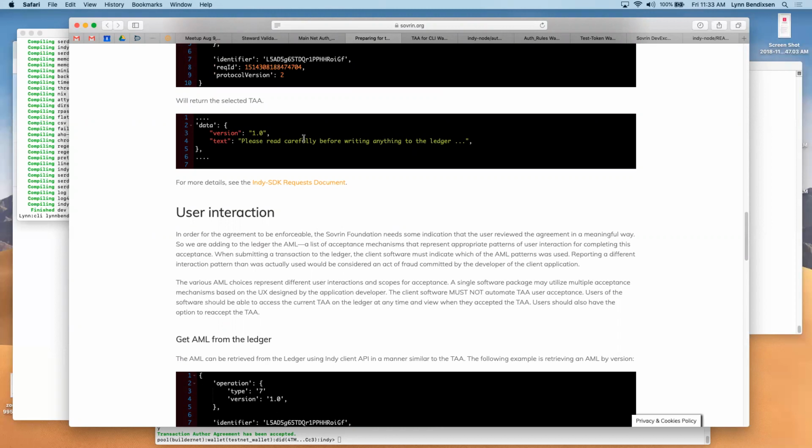One of the concerns was we had too detailed of a timestamp on, I accept this at this moment in time down to the second, which was a large correlation point where someone could correlate you not only across a DID interaction, but across wallets, potentially.